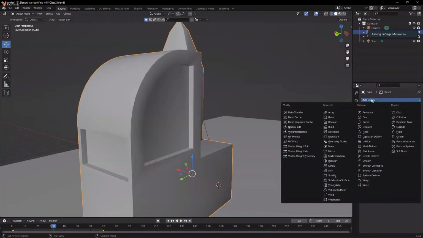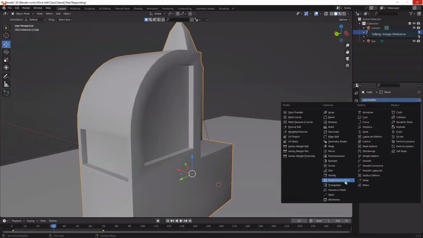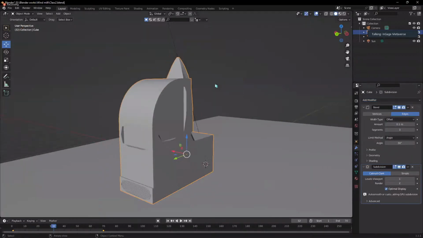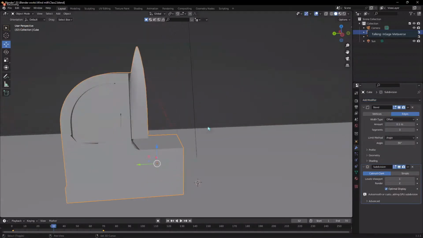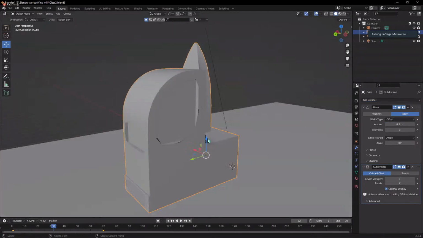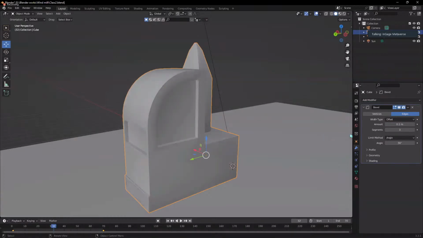There is another modifier called a subdivision surface. What a subdivision modifier does is it actually blends. If it's a cube, it will change to kind of a sphere. Let me show. And another most important thing you have to know about the modifiers